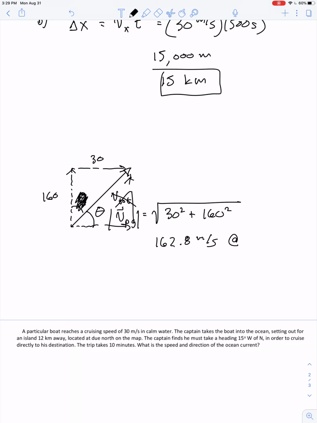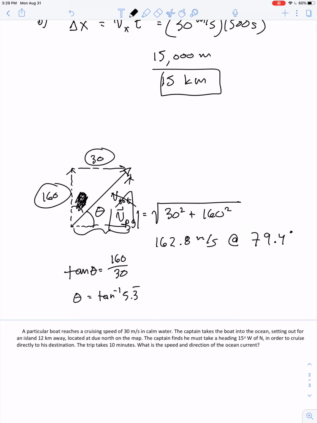Okay, so then in that case, the side opposite the angle is the 160, and the side adjacent is the 30. Tangent equals opposite over adjacent, so we need to take the inverse tangent of 160 over 30, or 16/3. So we're taking the inverse tangent of 5.3 repeating, which gives us an angle of